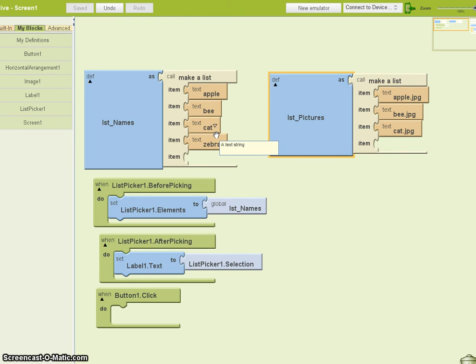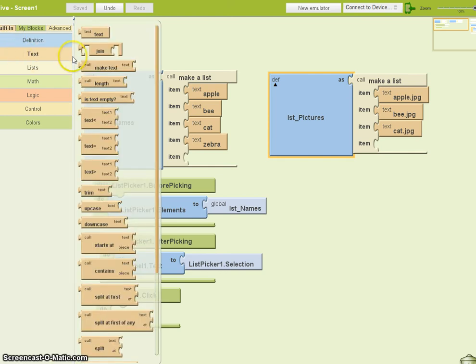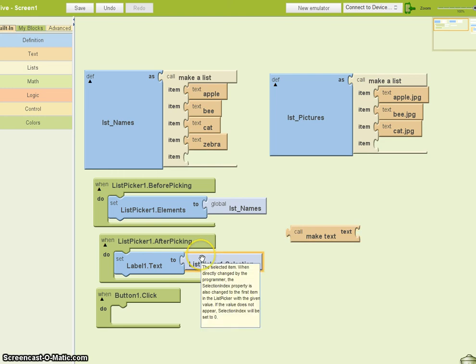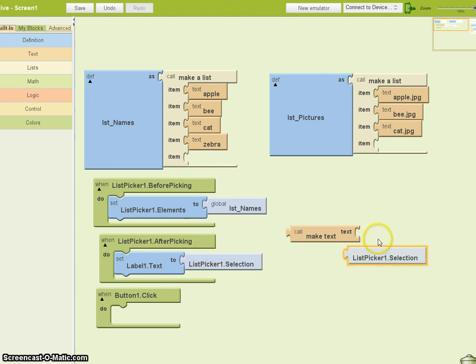That's fairly simple using something in the text drawer. So in text, I can use the make text block. What I want to do is take whatever I selected from the name, that would be this, and to that I want to append